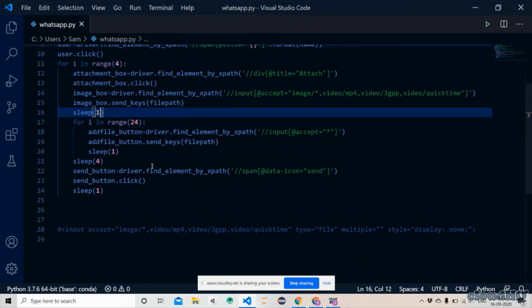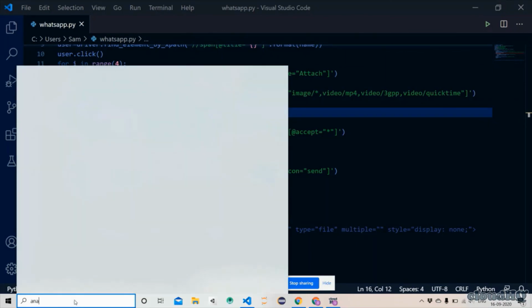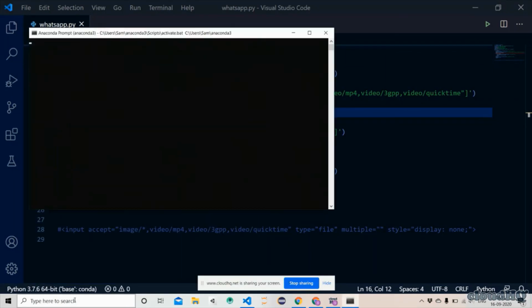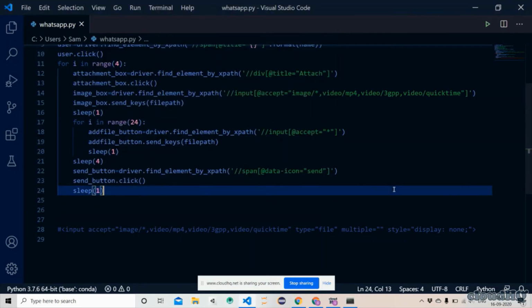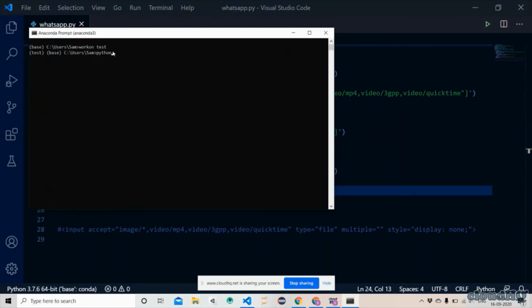Okay, so now we will just check it. I will run this code. Okay, so first I need to save that. Yeah, I saved it. Python sap.py.